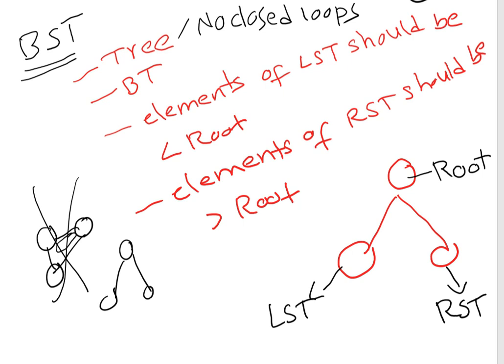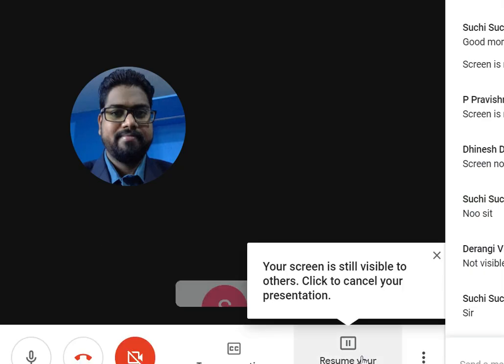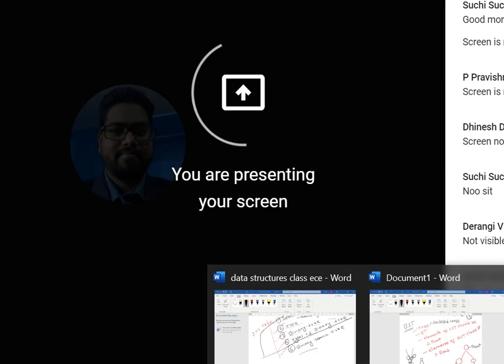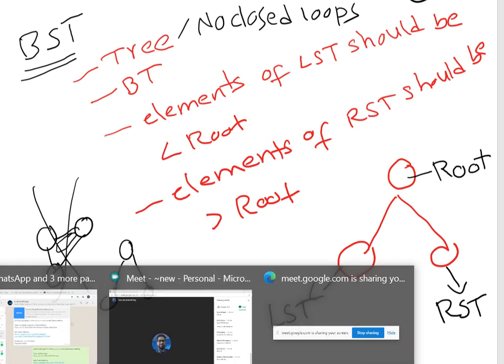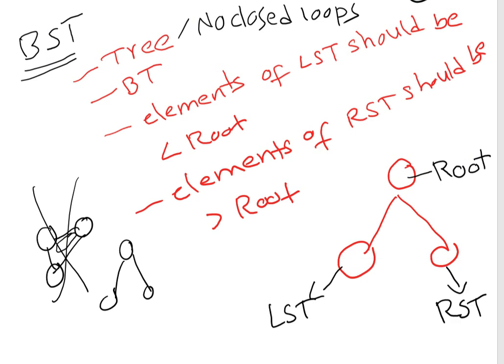Binary tree means every node should have at most 2 children. Every node in a tree may have 0 children or 1 child or 2 children, but not more than 2 children. That's called the binary tree.